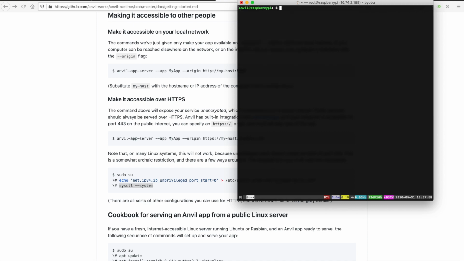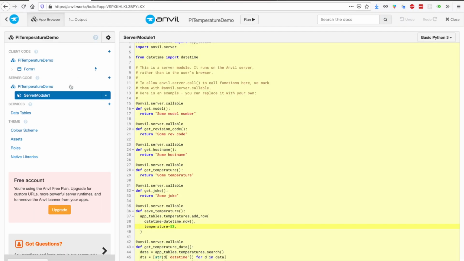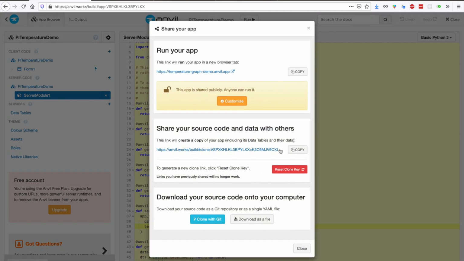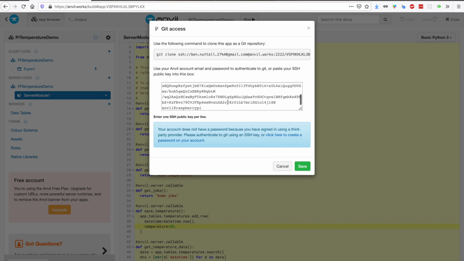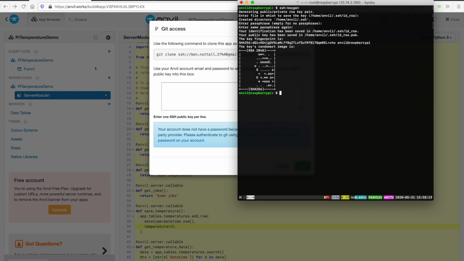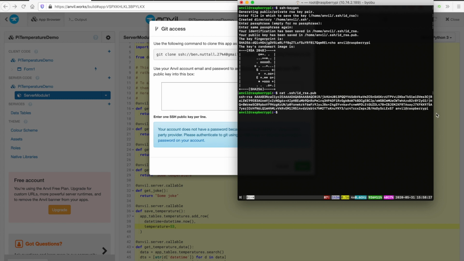So now I'm going to go to my Anvil app, go to Share App, and to clone with Git, I'm going to need to provide an SSH key. So I need to run ssh-keygen in here. That will generate me a public and private key pair. I'm going to give the public key to Anvil. So cat ssh id_rsa.pub. Copy all of this